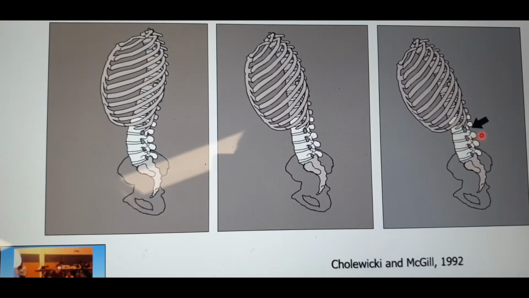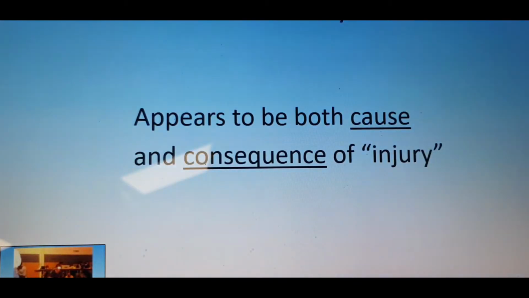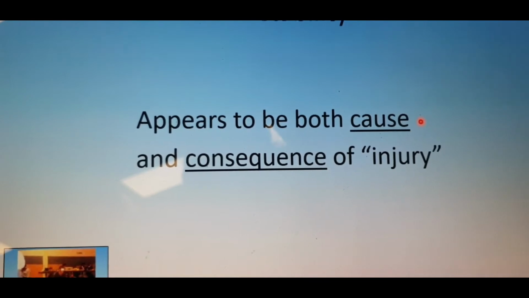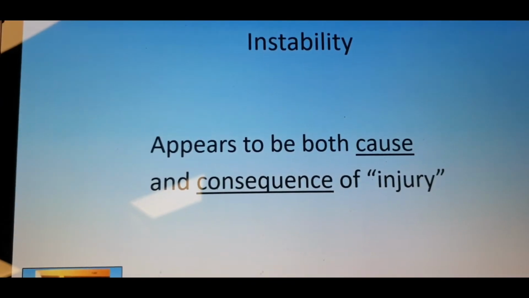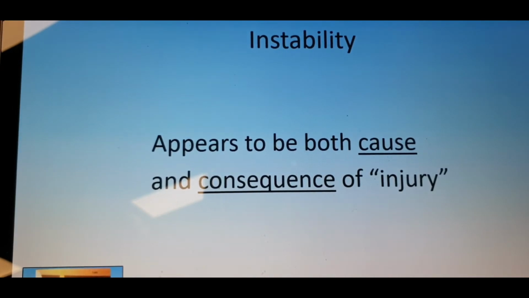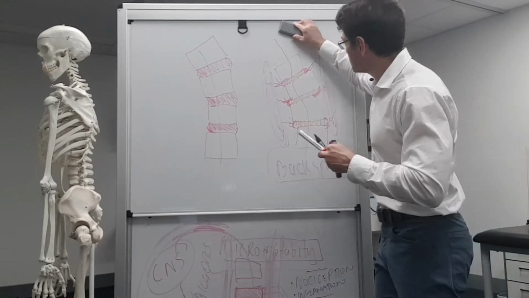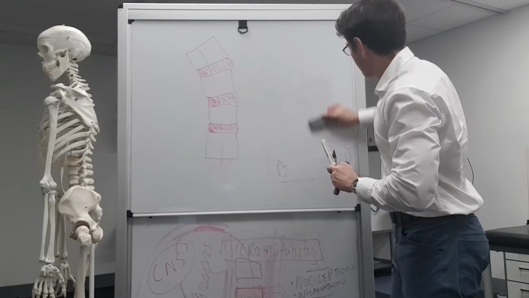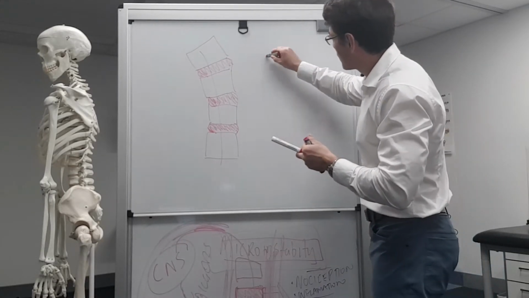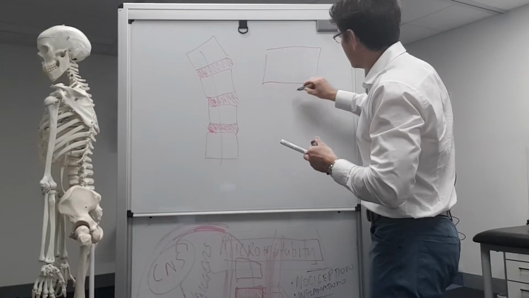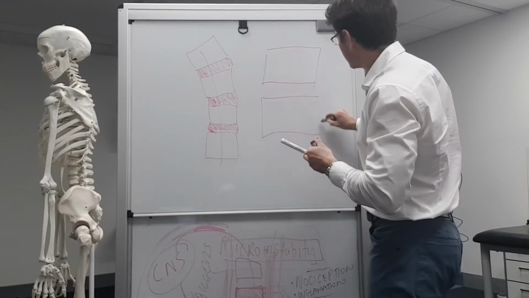So for the first time 30 years ago, we saw that an unstable event or a buckling event could cause a back injury. And as we will see later, instability and micro movements causing pain at a joint are also the consequence result of injury. The one other thing that's important to recognize is that as we age,